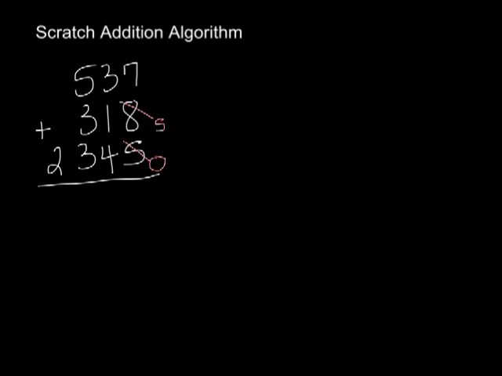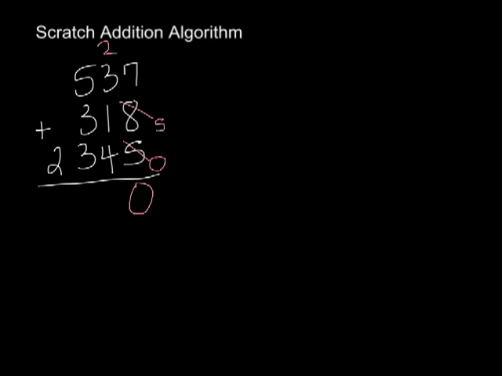So what I'm going to do is always use this last number that I write down as my result in that column. Then I'm going to count the number of scratches I made, 1, 2, and that's going to be the number that I write in the next column. Those are the number of exchanges I made. So I do the process over again.